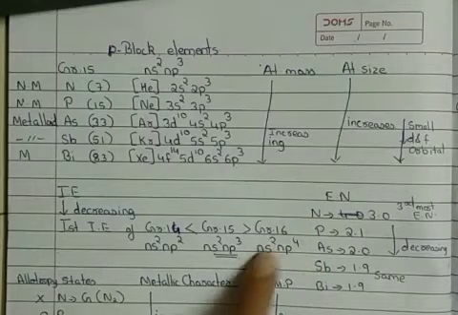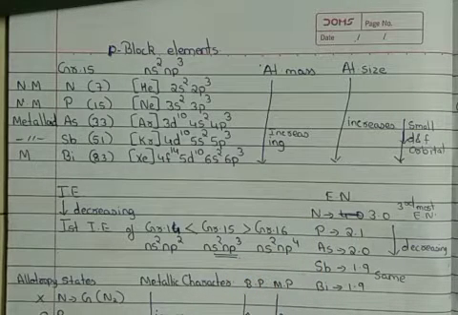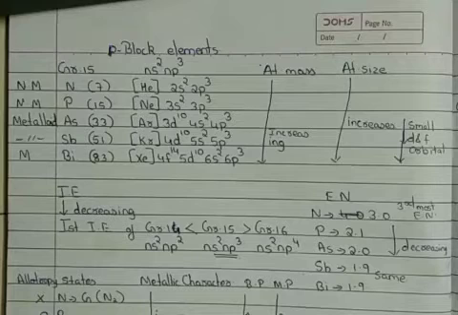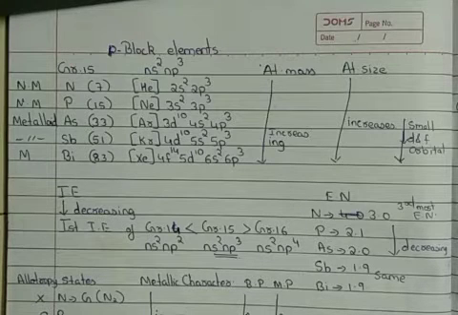Hello students, today we are going to start with a chapter called P block elements. In our textbook it is named as elements of group 15, 16, 17 and 18. Now P block is actually a continuation of our 11th standard chapter where we have done elements of group 13 and 14. Now first and foremost, why are they called P block elements?